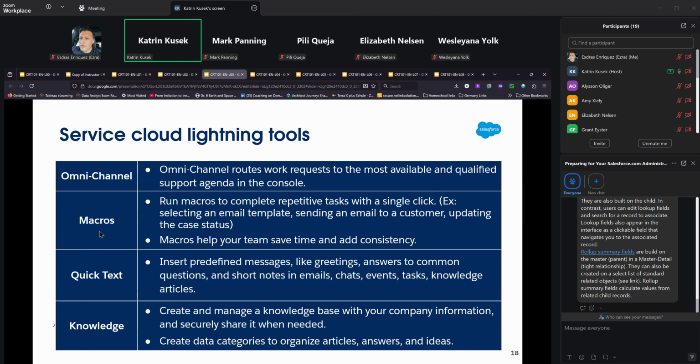Then we need to update the status field. Then we need to maybe set up a follow-up task so that we can follow up with the customer to double check if that knowledge article actually addressed the problem that they had. And that's a lot of steps. And so what you might want to do is just set up a macro. And so once the knowledge article is identified and attached to the case, then the user can say, go macro